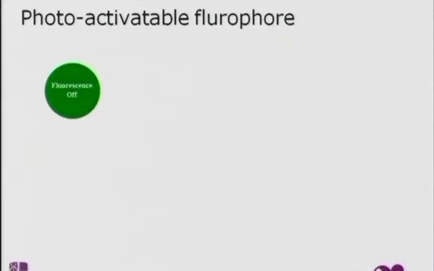So here's my fluorescent compound, and it's not fluorescing at the moment. It's just sitting there. Even if I put light at the right wavelength, it won't fluoresce. So what I have to do, in this example, is put an ultraviolet photon in, and it changes, one way of looking at it is it changes the shape of the molecule. And now it can fluoresce. So this molecule was turned off. It's now in a position that if it got light at the right